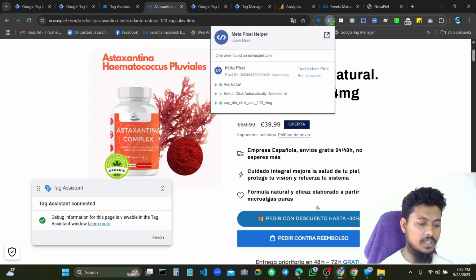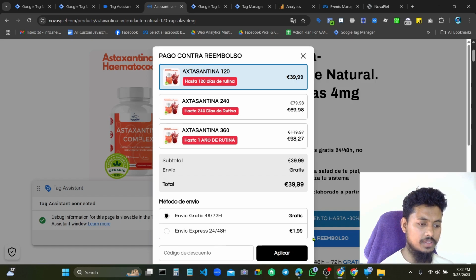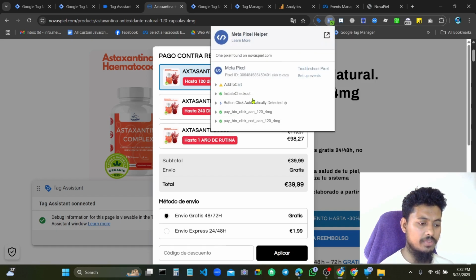This is the payment system like PayPal, GPay, or something else. And this is the cash on delivery system. If we click this button, the button will be fired, and click event fires a custom event, pay button click for COD.